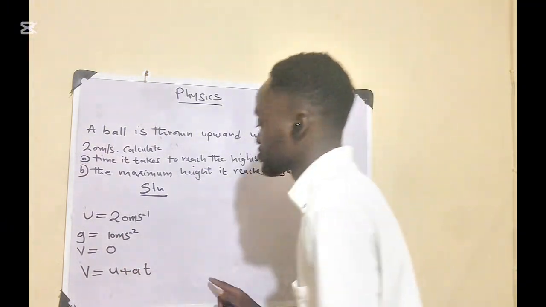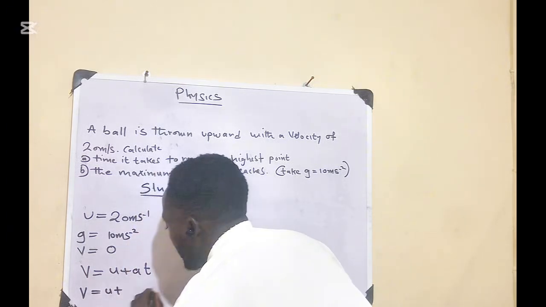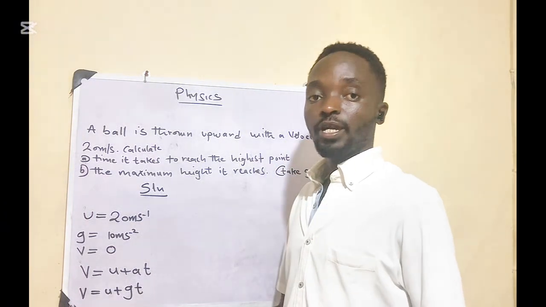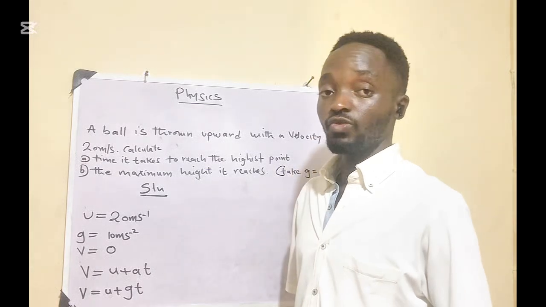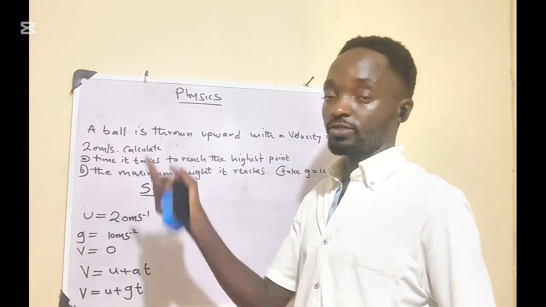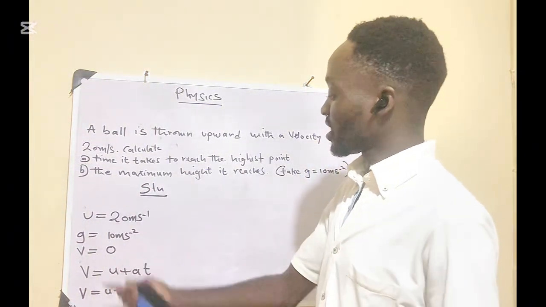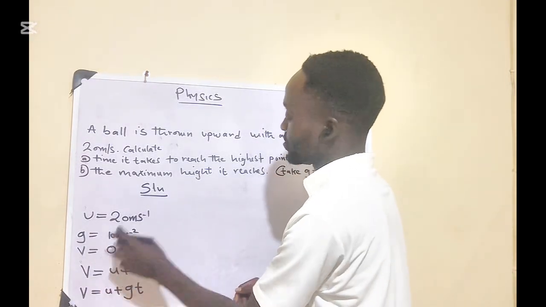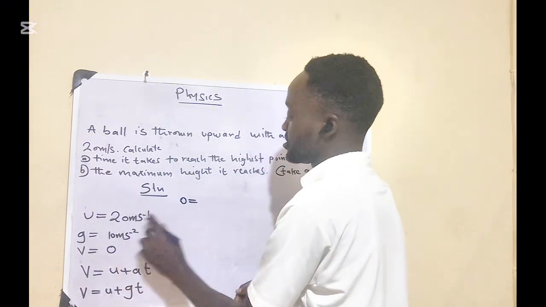So this formula becomes V is equal to U plus, instead of A now, it's going to be gt. So A is going to turn to gt. When we are considering bodies that are falling down or going up, the value of A is going to change and become g. Having known this, we can now substitute our data into this equation. We have that the final velocity is 0. So that means 0 is equal to U, which is the initial velocity, 20,